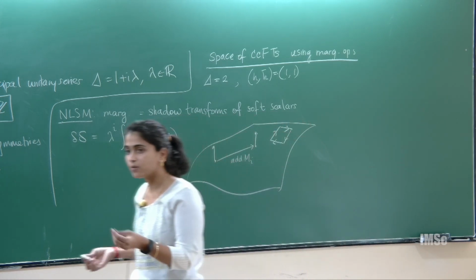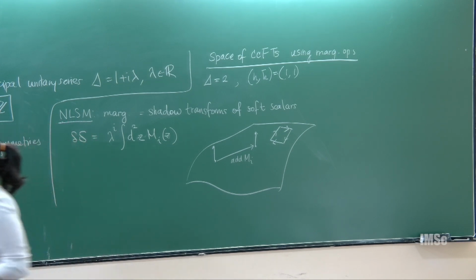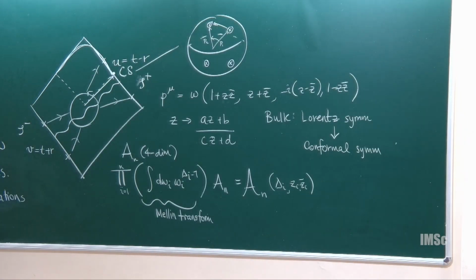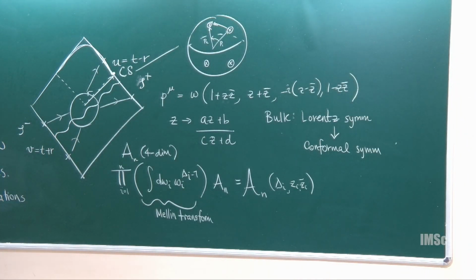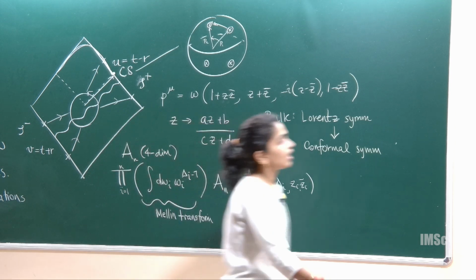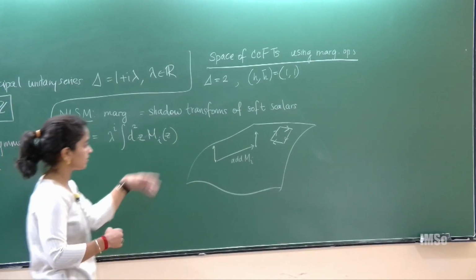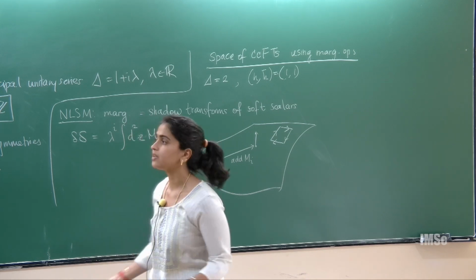That is on its own interesting, but as many people have said, it would be nice to understand what that means from the bulk point of view. And as of now, I don't have an interpretation for what exactly these operators are from the bulk. In the case of the sigma model, there was this nice story in terms of vacuum transitions. I don't know if such a story is the case here because I don't know what set of vacua that would correspond to. So at the moment, all I know is that I can construct some set of marginal operators that give me